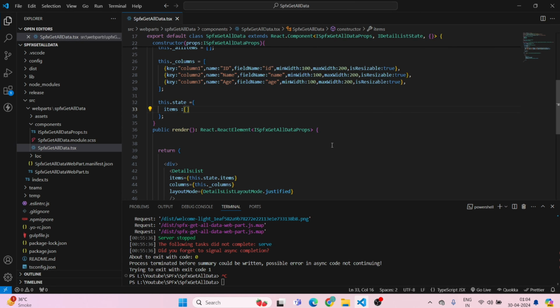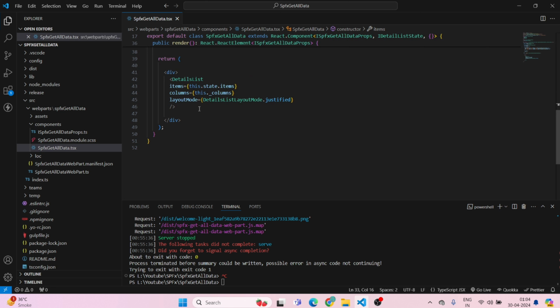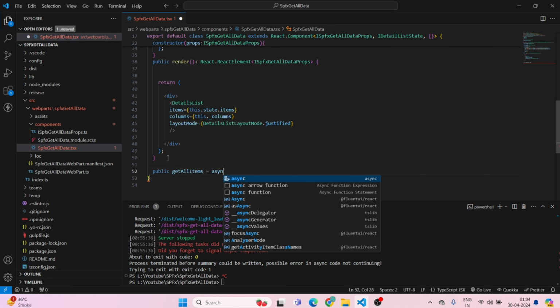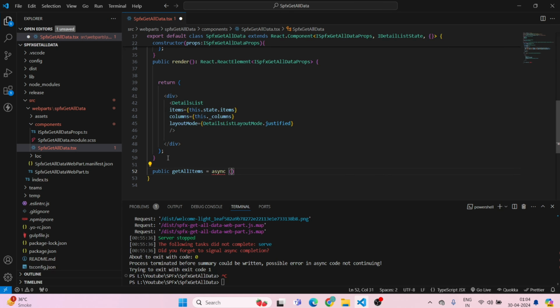Now what we have to do, we have to define the getItems where we will set all items, and on componentDidMount we will call the getItems. So that is what we are going to do now. Here, public getAllItems. Till now our allItems is empty. Now we will set the data inside our